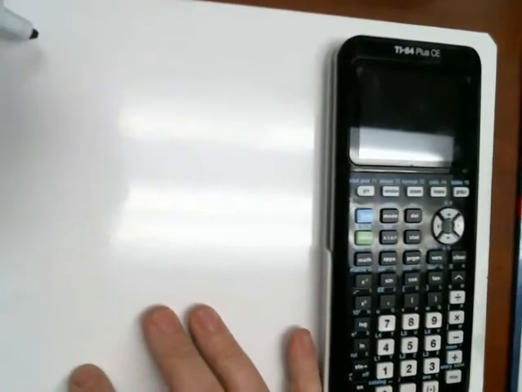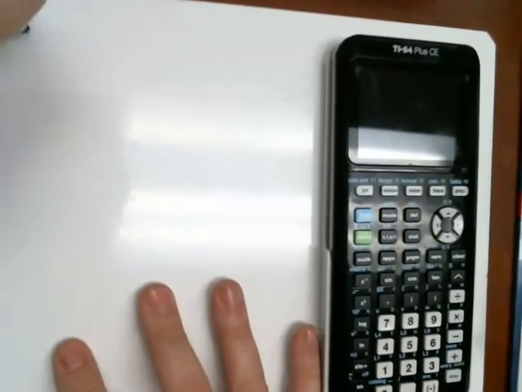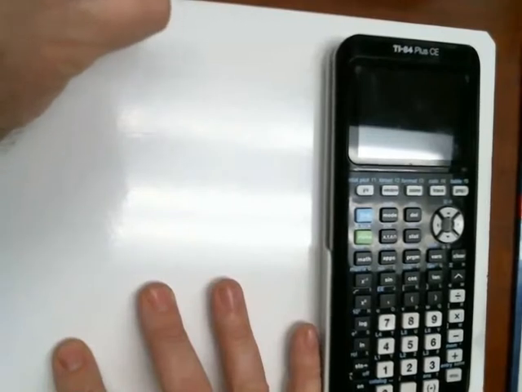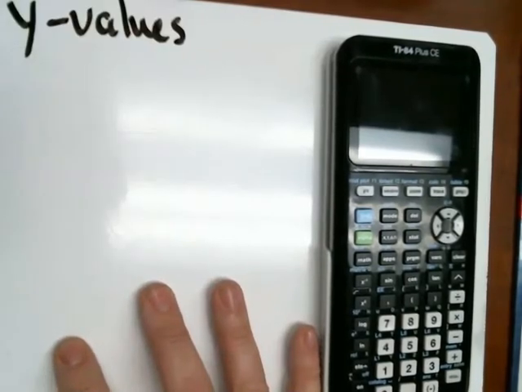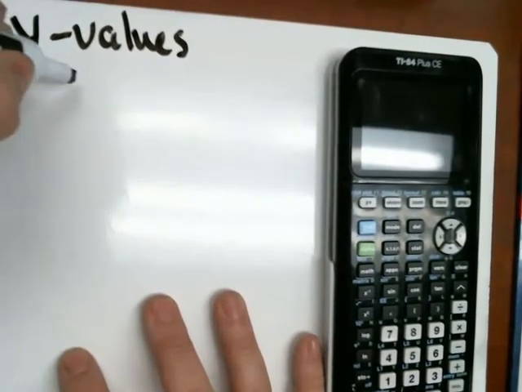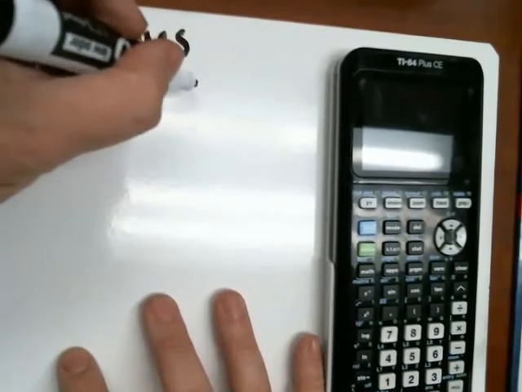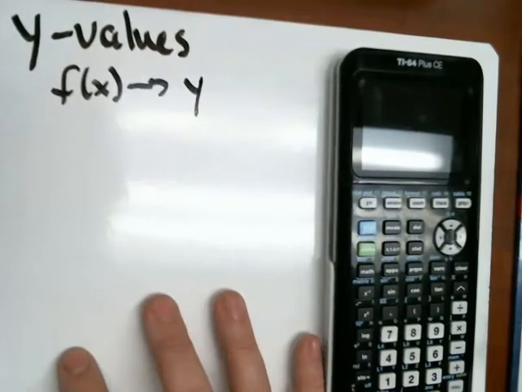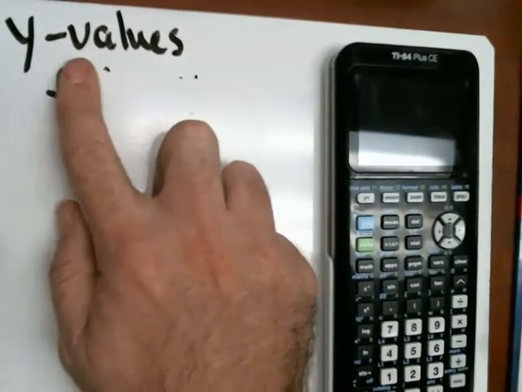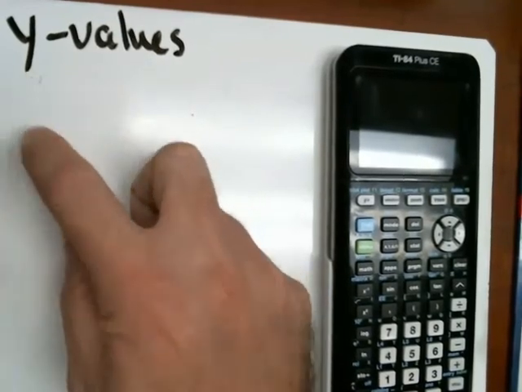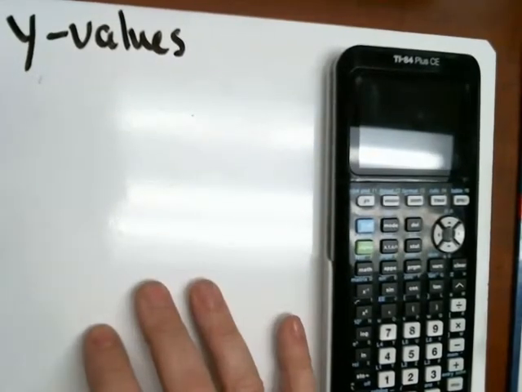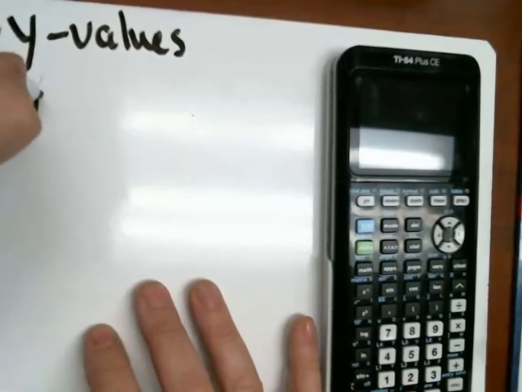We're going to go after finding y values given an x value. That is like a function. We're going to plug in something for x, and we're going to see what kind of answer we get out from there. So we want to use our calculators to find the y value given a particular value for x. Second, we're going to be looking for